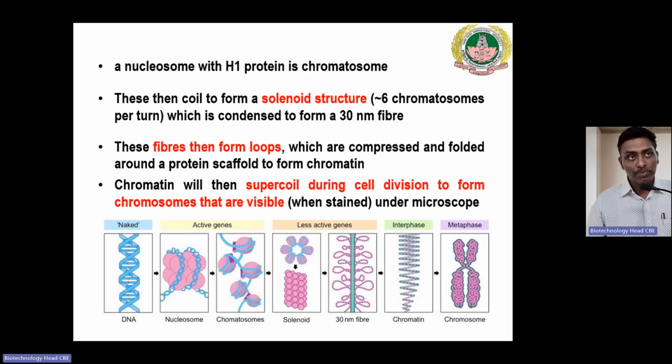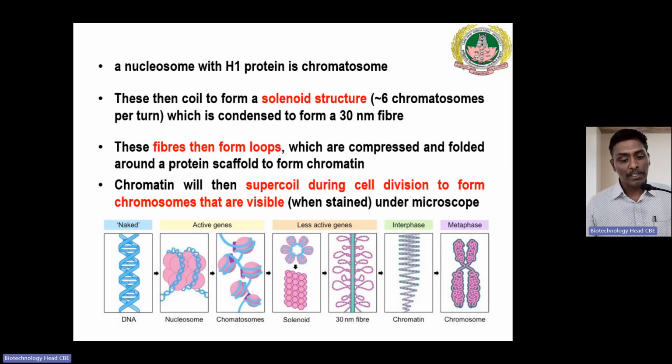A nucleosome with an H1 protein is a chromatosome. This then coils to form a solenoid structure, that is, 6 nucleosomes per turn, which is condensed to form a fiber called the 30 nanometer fiber. This fiber then forms loops, that's a bubble, which are compressed and folded around a protein scaffold to form